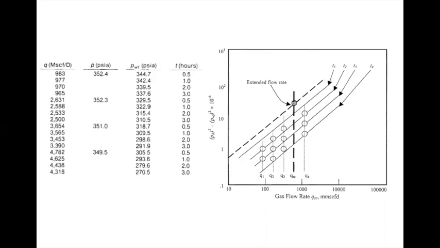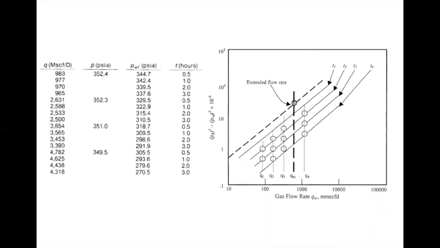So in flow after flow test, we have just one line, okay, because whatever pressure we are reaching are the stabilized value of pressure. But in isochronal test, since the test is done for a smaller duration of time, we are not bothered to reach the pseudo steady state. Therefore, one thing that we can do, we can find the slope, and from that slope, just by having a last test conducted for extended duration, we can find out a single point. And once you know that single point, you will have a graph which is of equivalent slope to that of earlier graph that is plotted. Okay, and in this way you will get the actual deliverability curve.